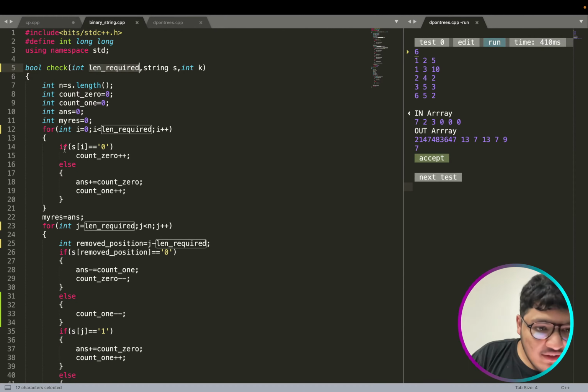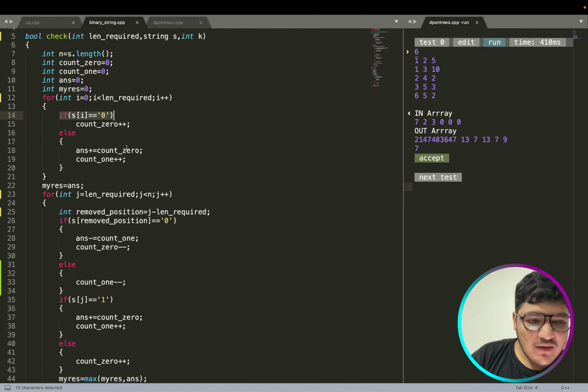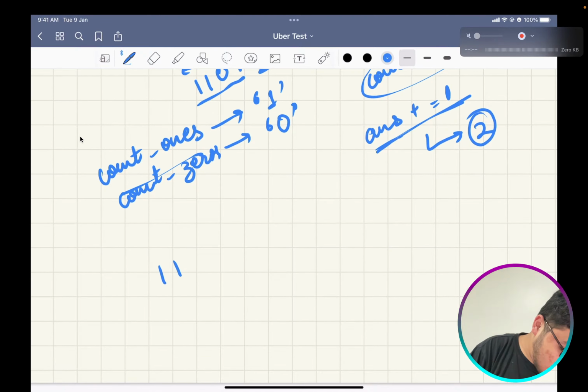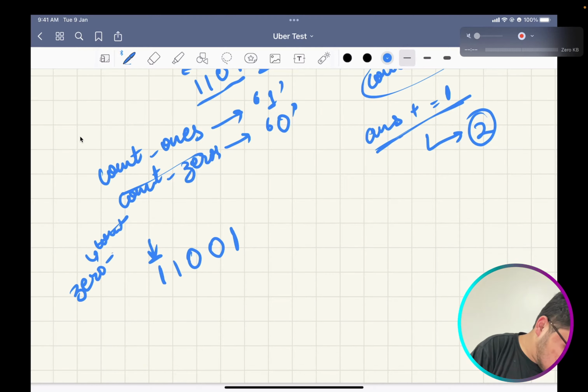So basically, if s of i is 0, it means I am increasing my count of zeros, and if s of i is equal to 1, so what I mean is, let's say I am here. First of all, I am checking what my count of zeros is. Zeros and ones are also 0.